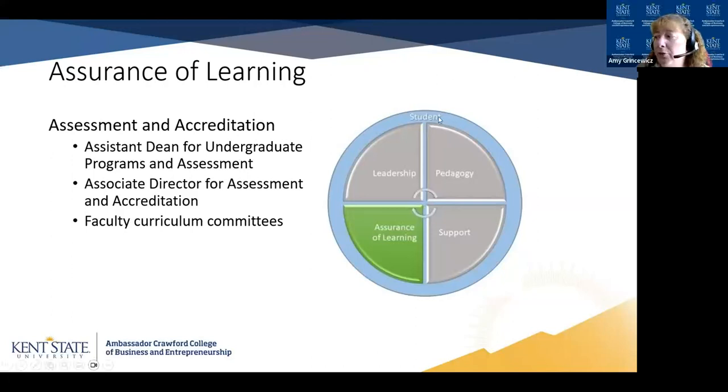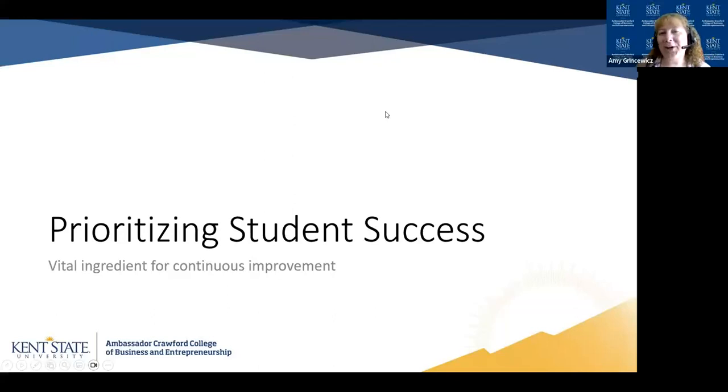But as you see, we have this outer level of the student. And I looked at it when I was creating my pie, and I said, the student is the crust, because the student is what holds all of us together. They're the ones that we are here to help and support. And so that's why I made them the crust, because they're that integral part that circles everything, because everything that we do is for the student. We are very student focused. We are students first approach. So they're our crust.